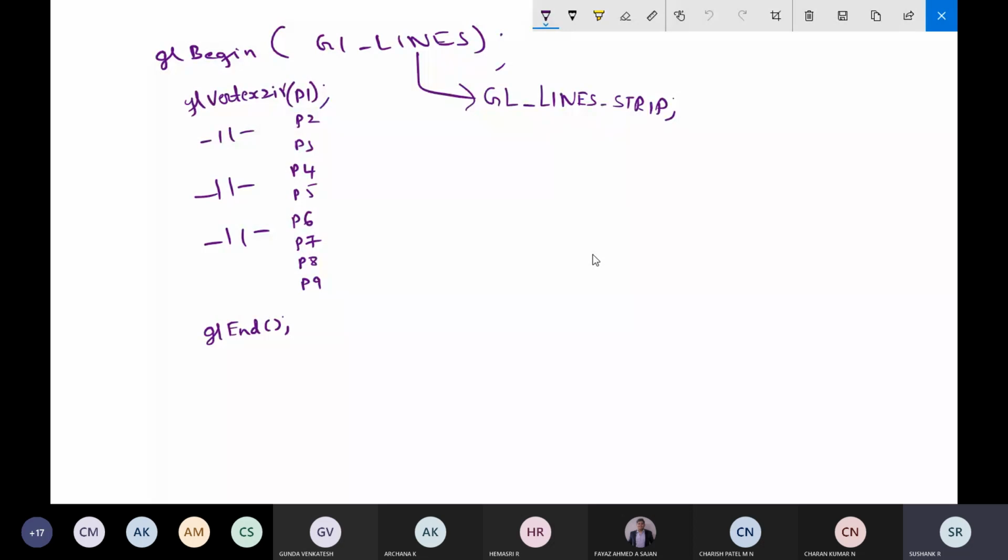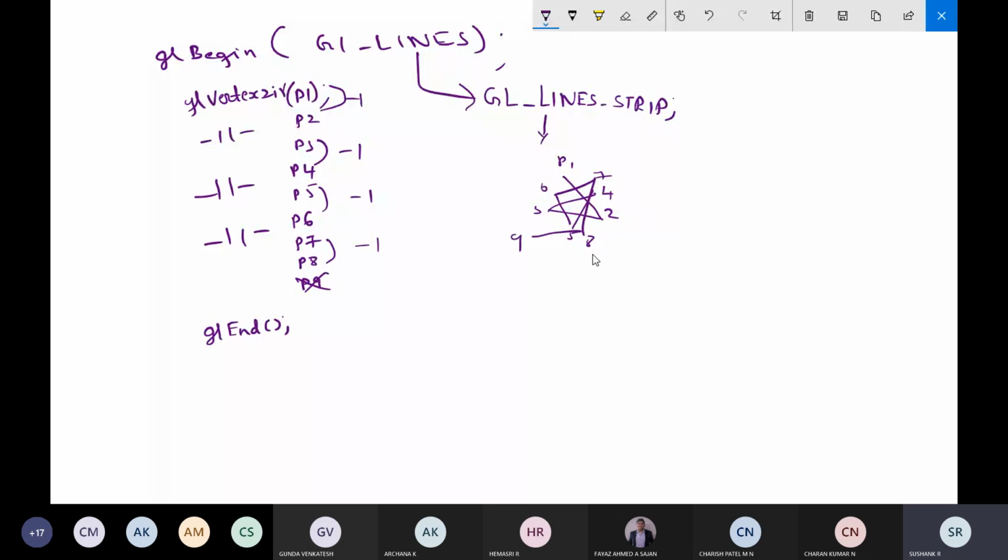Yes, 4 is correct. For P1 and P2, 1 line; P3 and P4, 1 line; P5 and P6, 1 line; P7 and P8, 1 line. So the last point will be discarded. But if you use line strip, the connection will be from P1 to P2, 2 to 3, 3 to 4, 4 to 5, 5 to 6, 6 to 7, 7 to 8, and 8 to 9.